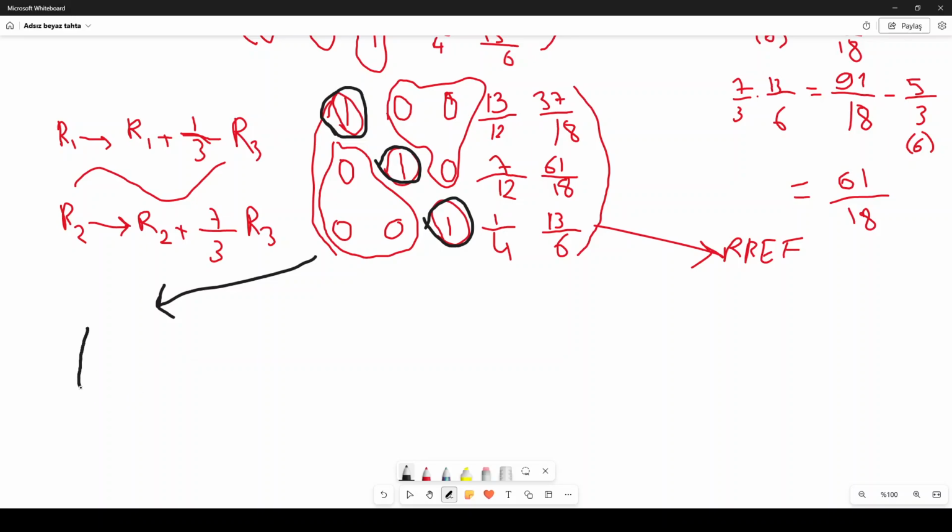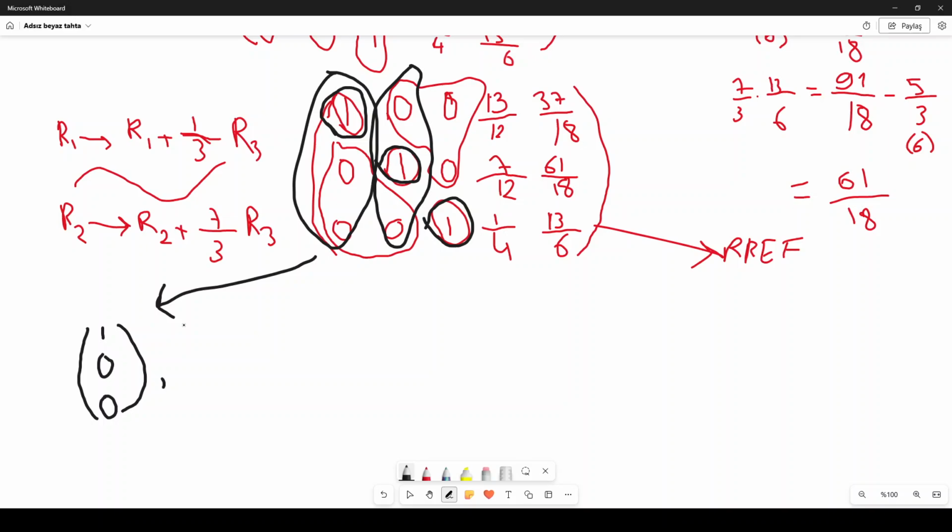In other words, our basic columns are, with respect to the obtained matrix, the first column, right, which includes the entries 1, 0, 0 from top to bottom, right? This is the first basic column I circled in black for you, and this is the second basic column, which includes the second pivot element, right? So 0, 1 and 0,